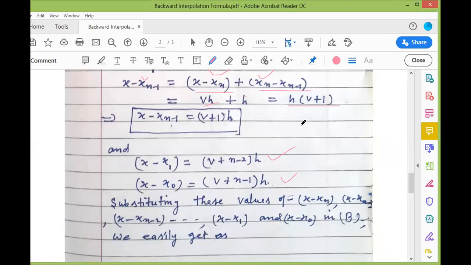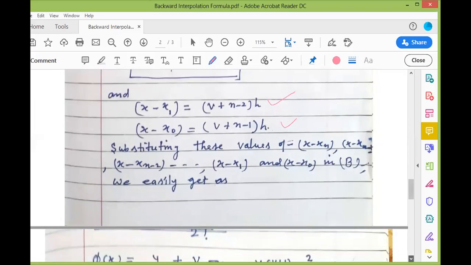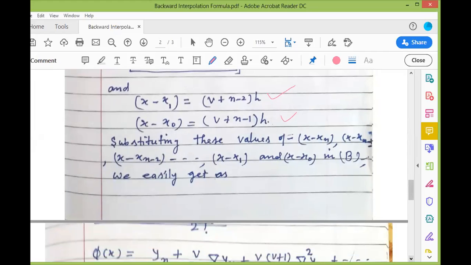here you are finding v plus 1, v plus 2, v plus 3, and so forth. I think up to this stage, everything goes well. And substituting these values of x minus xn, x minus xn minus 1, so forth and so on, up to the last one, x minus x naught,